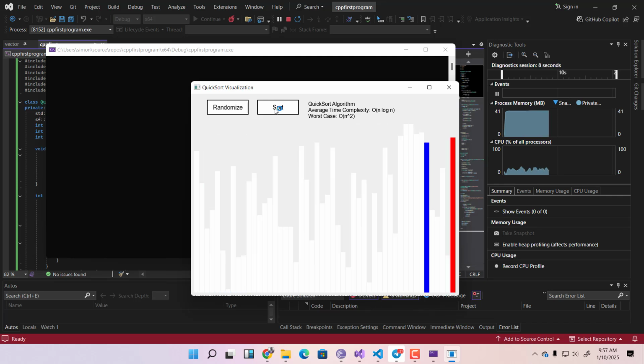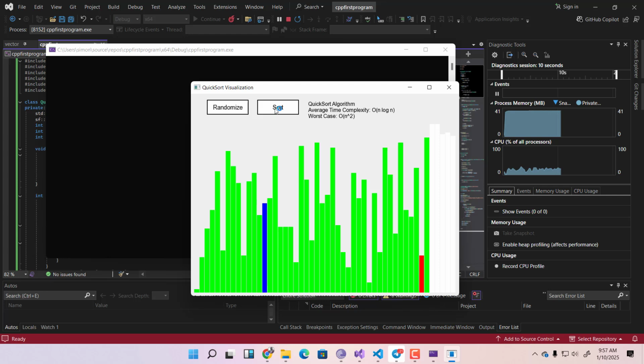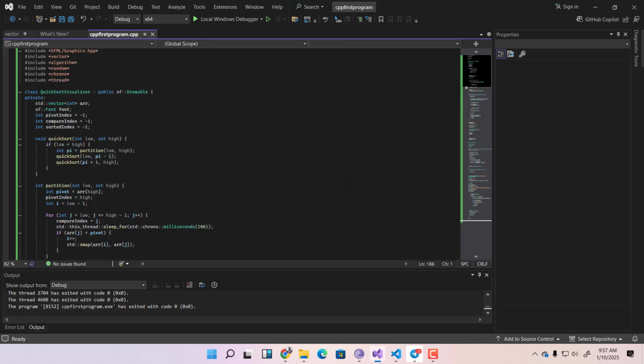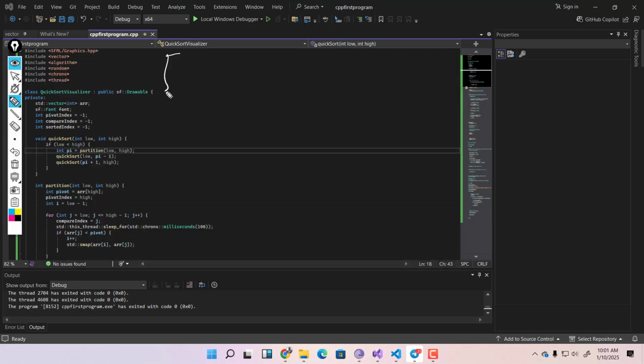The quicksort algorithm uses a technique called divide and conquer, and before it even finishes, let me show you how it works. So this is how the quicksort algorithm works. For example, you have an array here,